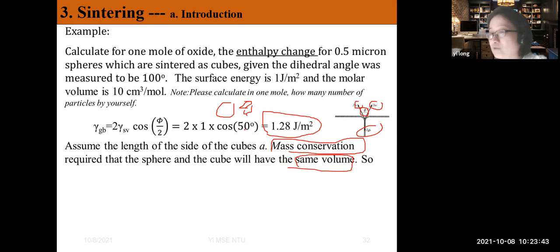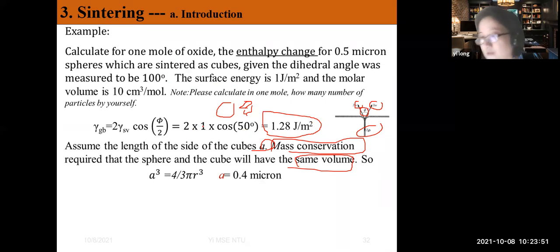Okay, so then of course let's calculate this A first. A cube equals 4/3 pi r cube. So A is equal to 0.4 microns. Now there's a tricky thing here. You see, if my cube is standard norm,